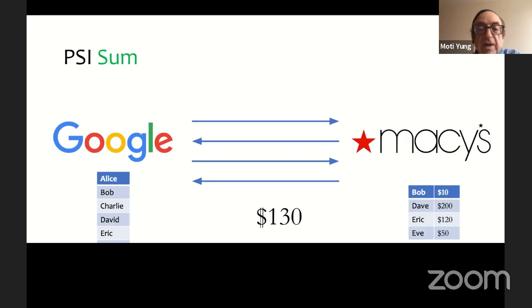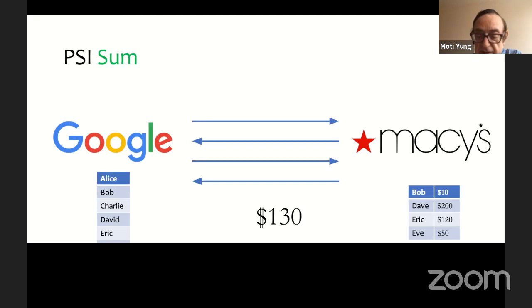This helps parties over the internet who are engaged in some e-commerce arrangement to understand whether the arrangement is working or not. Because there is some affinity program on behalf of Macy's that Google runs, and they want to show how effective it is.